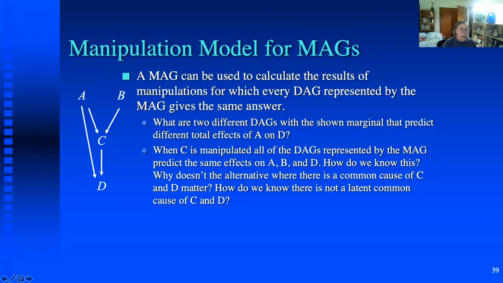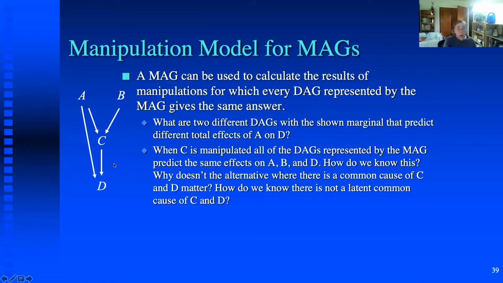On the other hand, because I can't tell whether, here I have a directed edge, but I don't know whether there's also unmeasured confounding or in place of this, unmeasured confounding of A and D. But remember, earlier on, we saw that there can't be any unmeasured confounding of C and D. Since there can't, because if I put in unmeasured confounding of C and D, I have to change my independence model. So because there can't be any unmeasured confounding of C and D, what I end up with is that